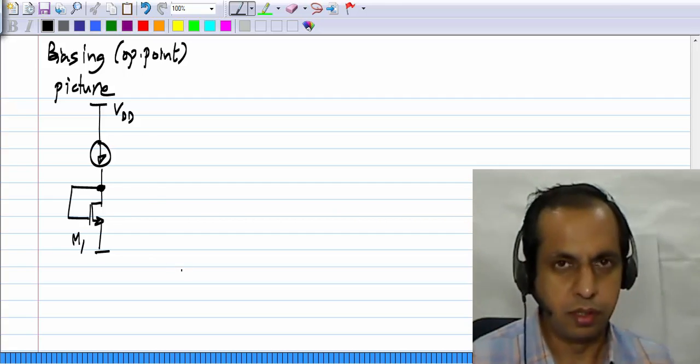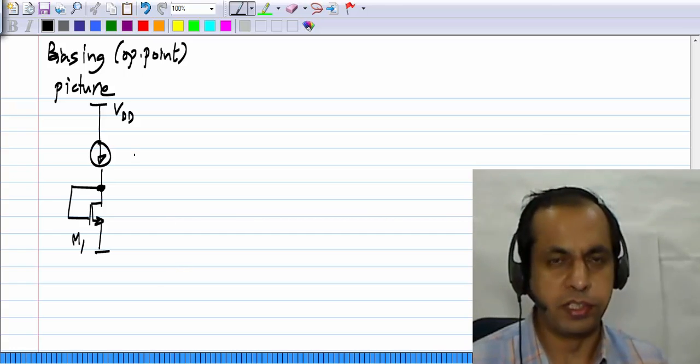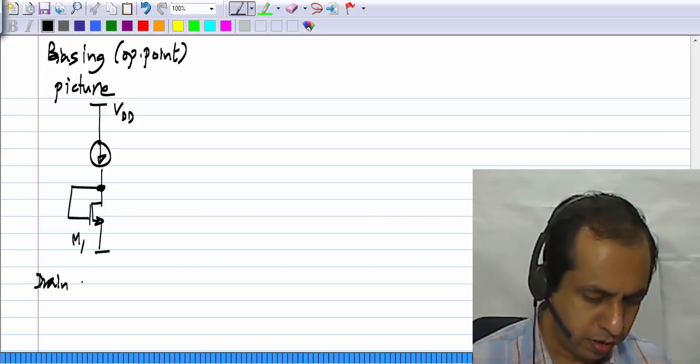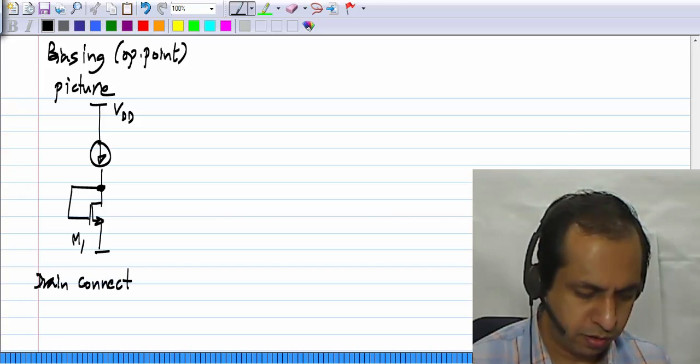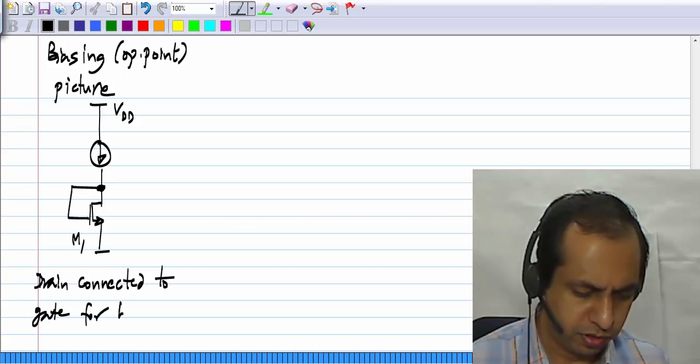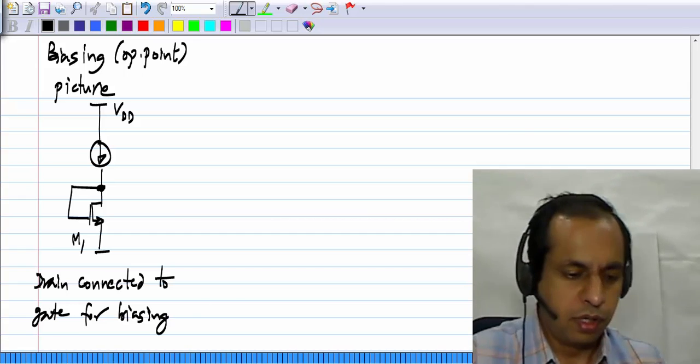This is M1. So the essential feature here is that drain is connected to the gate for biasing, and the signal picture